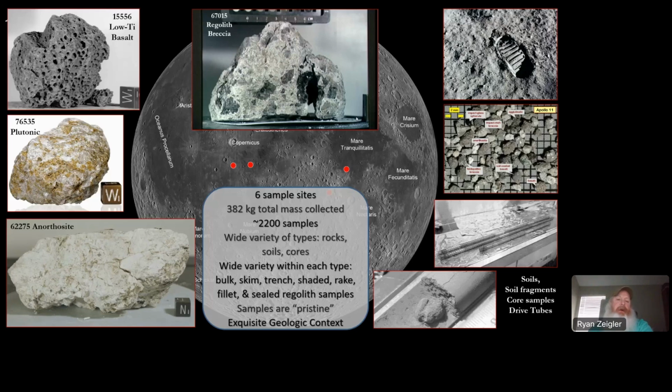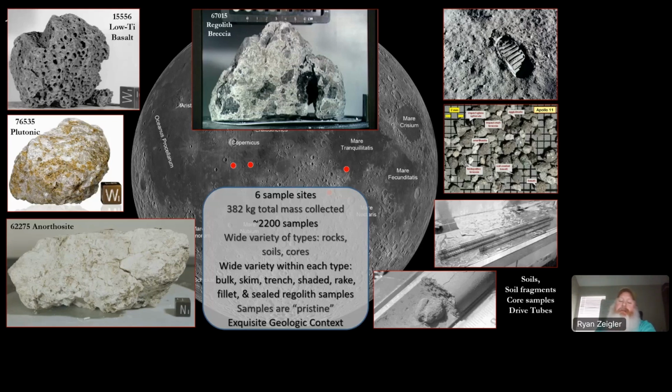And where that sets these apart is from the lunar meteorites, because you have to remember at this point, we have more mass in the lunar meteorite collection than we do in Apollo. I forgot to look before I did this talk today, but I think it's up to 600 kilograms and more of lunar meteorites, representing at least 400 different stones. And so those are great, and they all have a story to tell, but they lack the geologic context that the Apollo samples have.